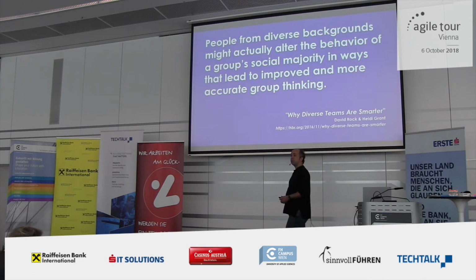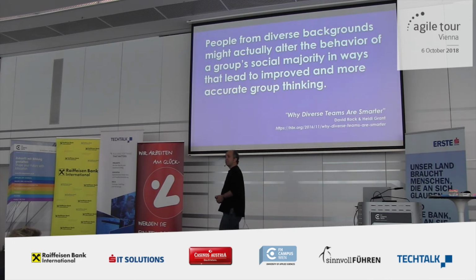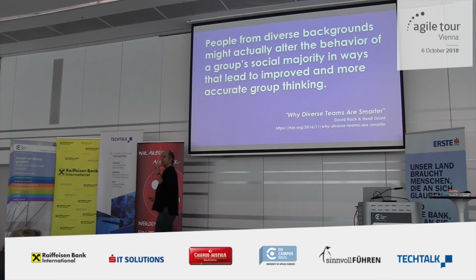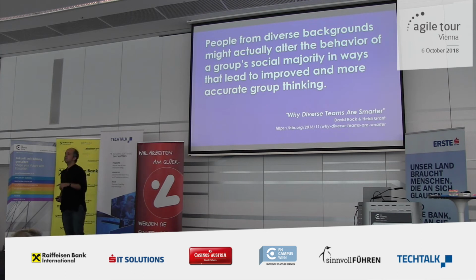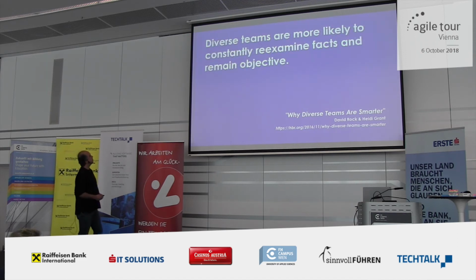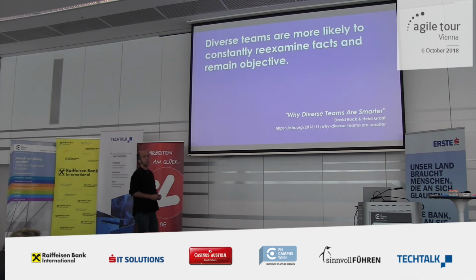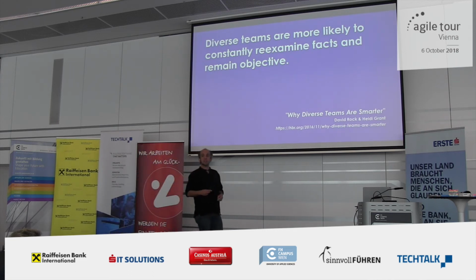Just because you've got a group of people does not mean that they're automatically smart. You've got to think, well, what is it that they are communicating? How are they communicating? What you've got is an opportunity, but the opportunity doesn't mean that magic happens just because we've got lots of smart people together. Diverse teams are more likely to constantly re-examine facts and main objective. Communication style doesn't mean that it's all happy